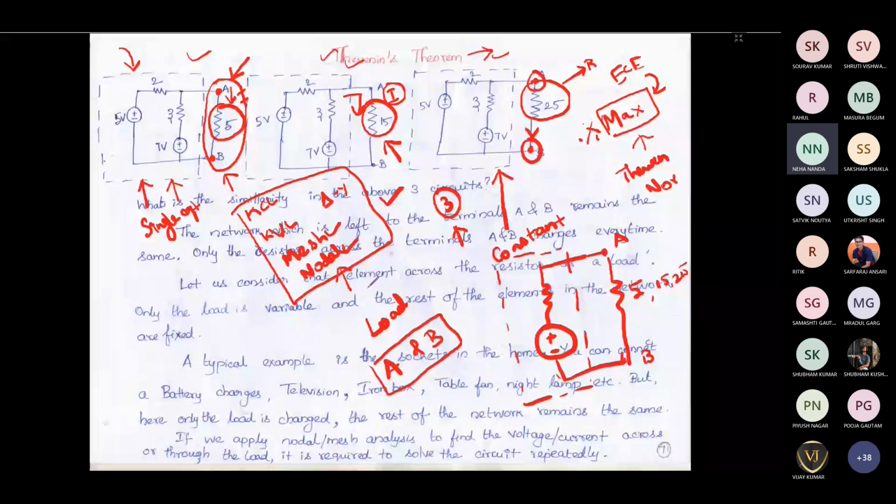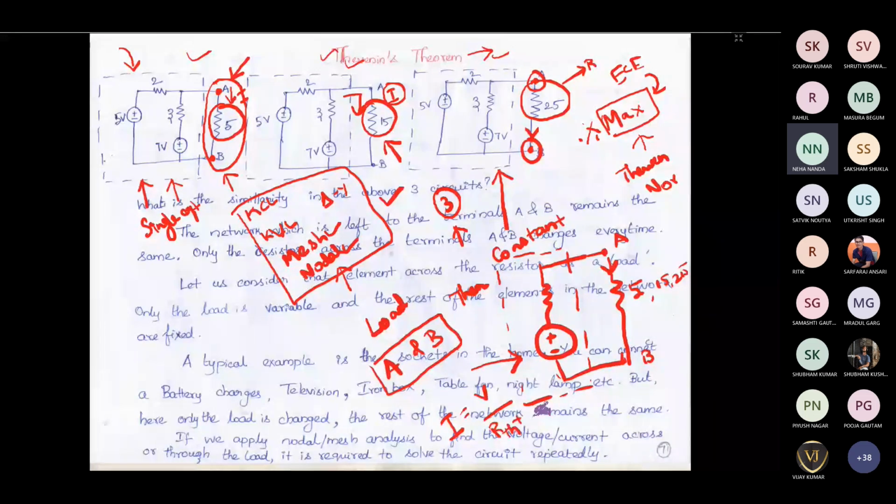Okay, so in order to avoid that, what we are going to do is replace the complete constant circuit, whichever is constant, with a voltage source with a resistor in series for Thevenin theorem. In Thevenin theorem, the complete constant circuit will be replaced with a voltage source with a resistor in series. Then it will become easy for us to find the current through this individual element just by using the formula V by R, V divided by R Thevenin plus RL.